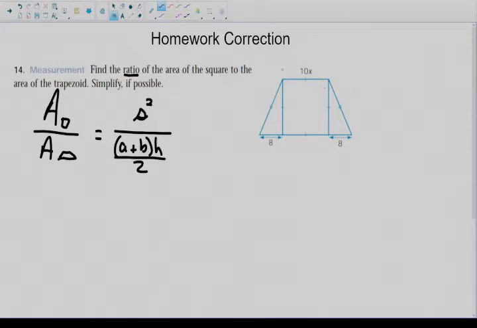So the square's dimensions are 10x by 10x. So I'm going to use green for the area of the square. So we've got 10x squared is the dimensions side times side for the square, and that gives 100x squared. Now for the area of the trapezoid,